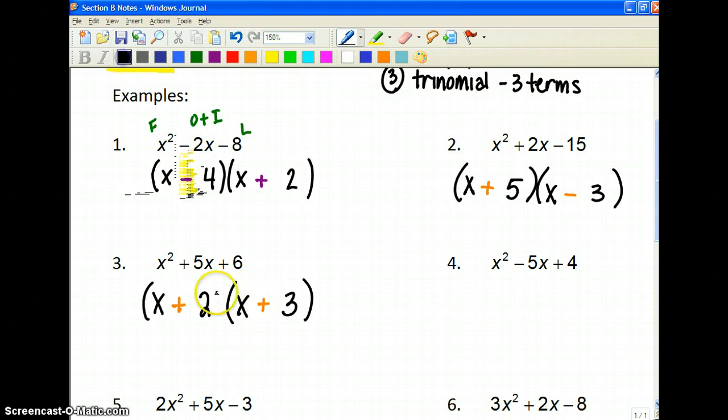Oops, erase my parenthesis. Always check them. Make sure you have the right answer. There isn't any reason to get these wrong. Number 4, we're going to go